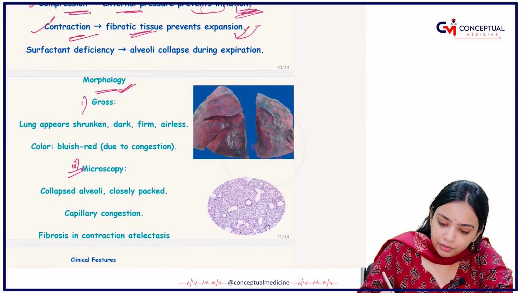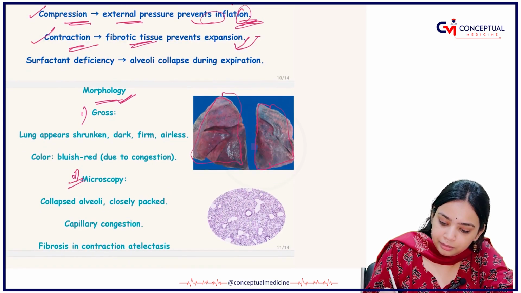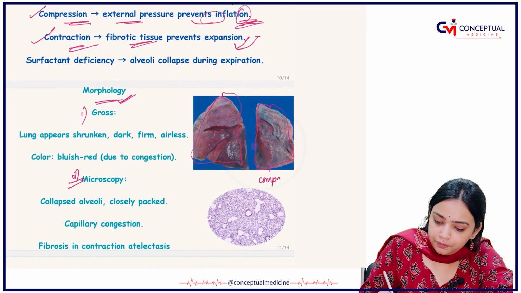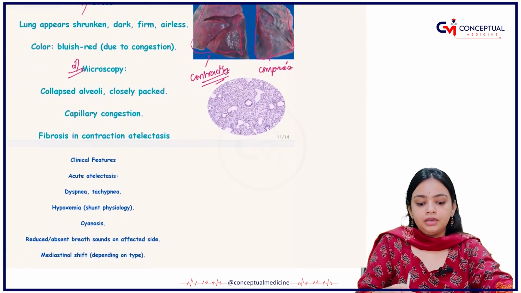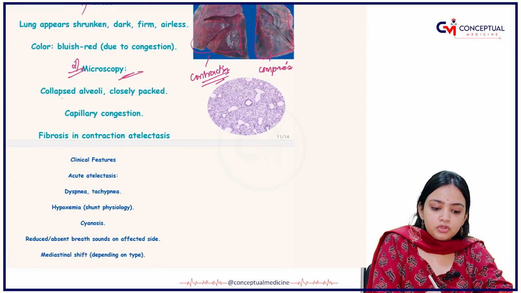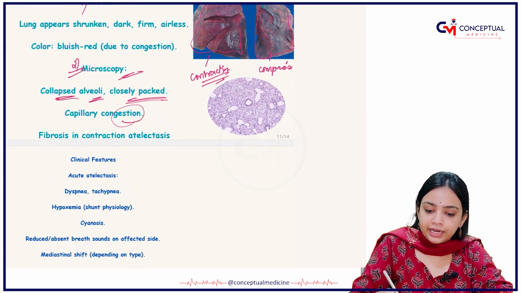In the gross feature, what are you able to see? You are able to see a shrunken lung and a swollen lung, right? So this is nothing but your compression, and this one is nothing but your contraction, right? In the microscopy, you will be able to see collapsed alveoli, which are closely packed, and there is